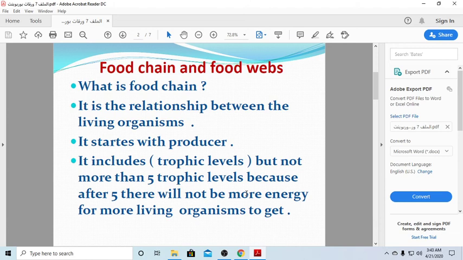So this food chain, even when it will be more complex to form a food web, it will include trophic levels. But one thing we should know about these levels, it will not be more than 5 levels, and it's very important to know why. No more than 5 types of living organisms can take this food. Why? Because once the plant makes this food,